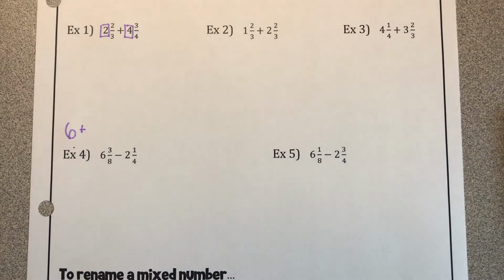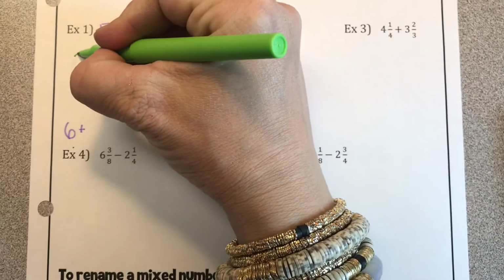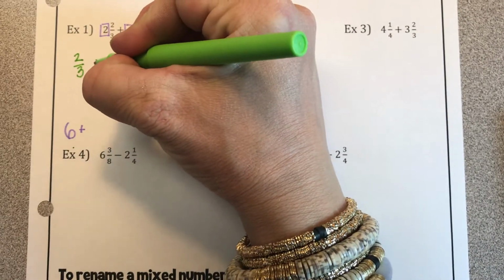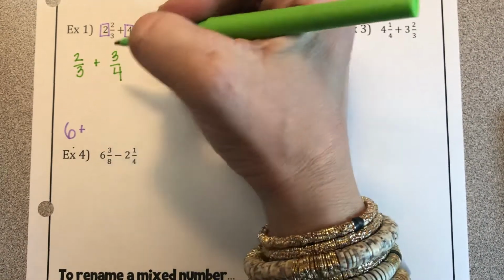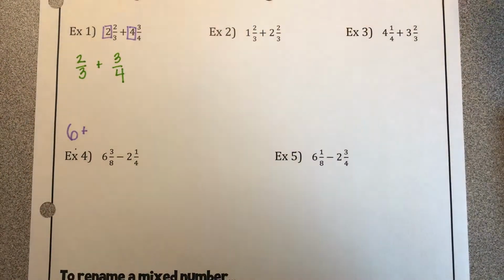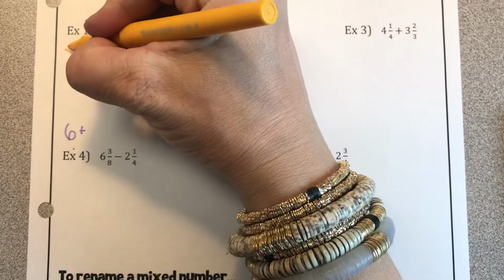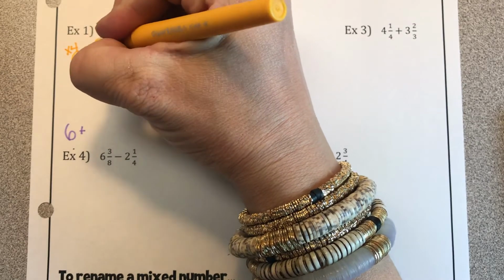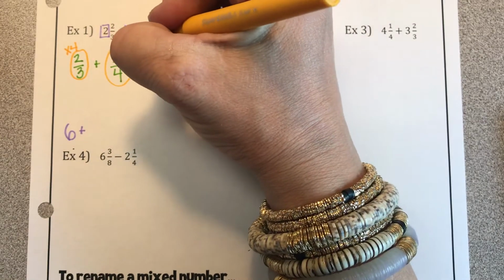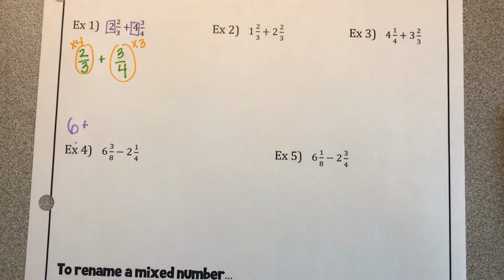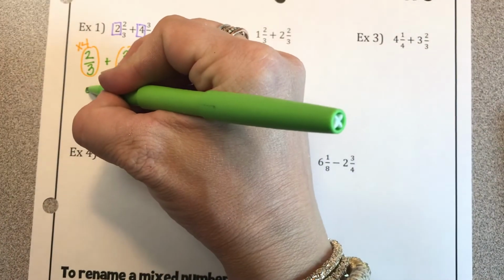I'm starting with 6. Now I'm going to do what I've always done, and we're going to add together the fractions. So I have 2/3 plus 3/4. So a common denominator between 3 and 4 would be 12. So this fraction I'm going to multiply by 4, and this one times 3. So now what I'm going to have is 8/12